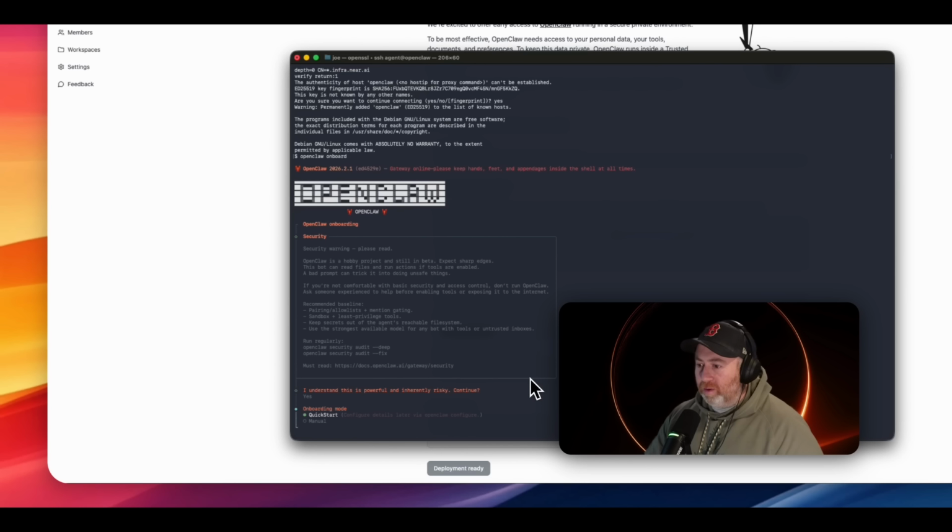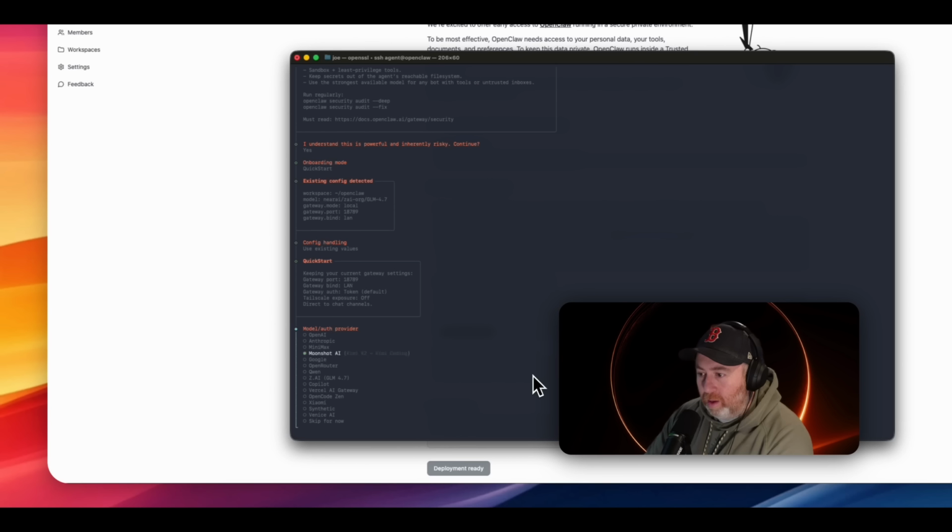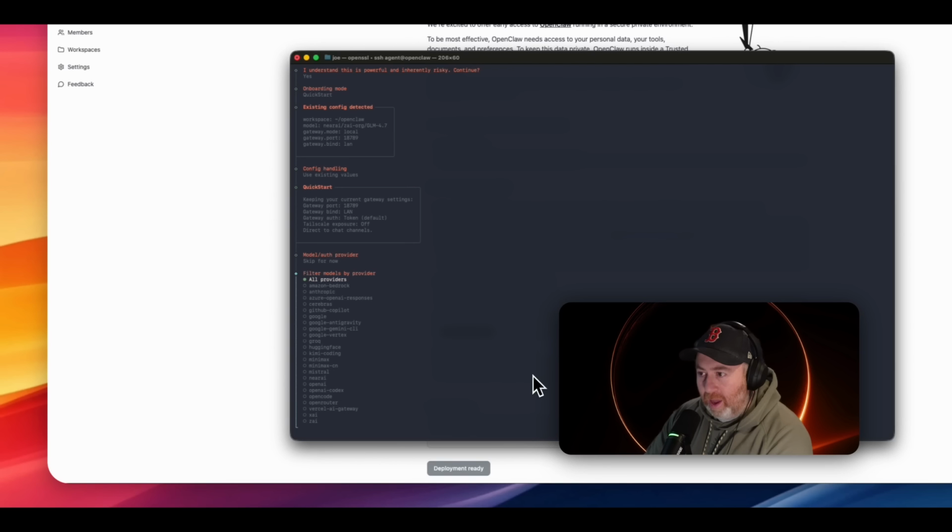Yep, I understand the risks. Let's do a quick start. And we can see there are some existing values already put in here, and one of them is the model, which is already all set up. So we want to use those existing values, and that's really important. Normally you would be customizing this on your first go, but because this is deployed directly on your AI's infra, they already have some things set up for that. We're going to skip this for now because it looks like we already have a model set up.